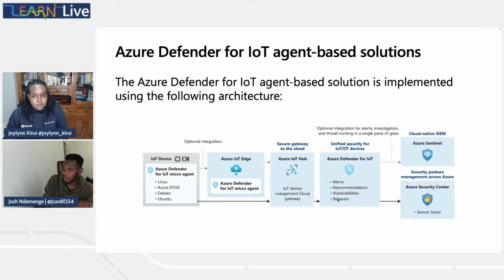From there, Azure Defender for IoT can give recommendations and assess vulnerabilities and threats. You can also create alerts, custom alerts, depending on the information that is coming in from your devices. So that is it for the architecture of the